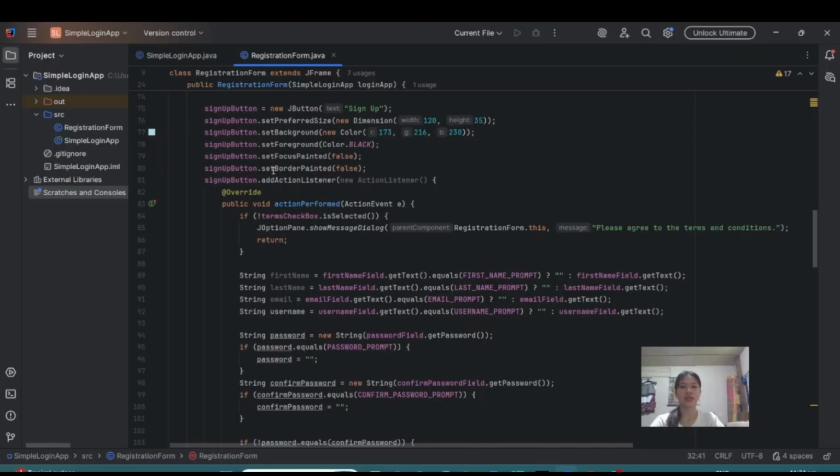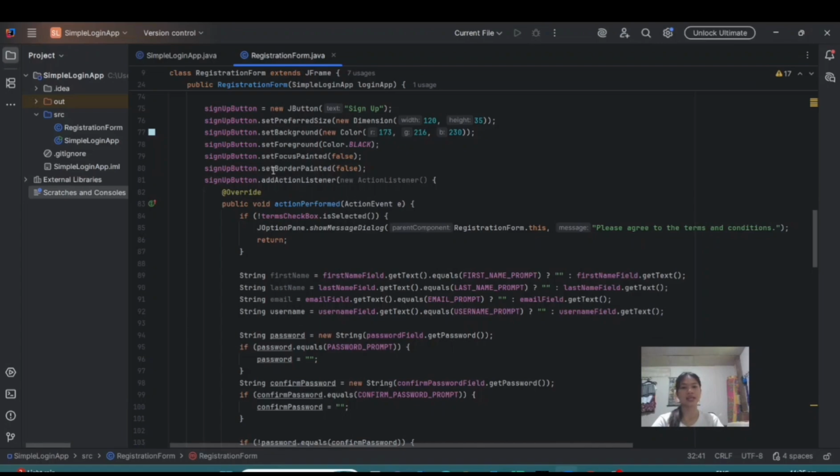It checks if the user agreed to the terms checkbox, gets the text from all the input fields, checks if the passwords match, and displays a success message and asks if the user wants to sign in.